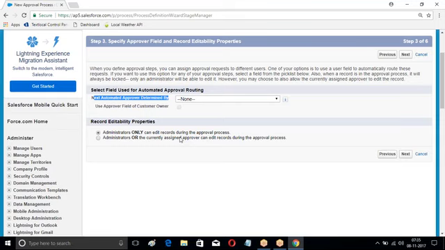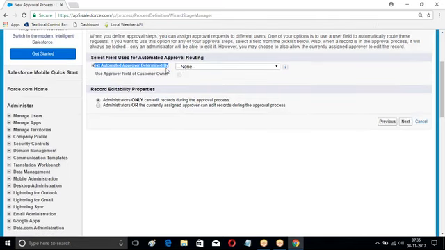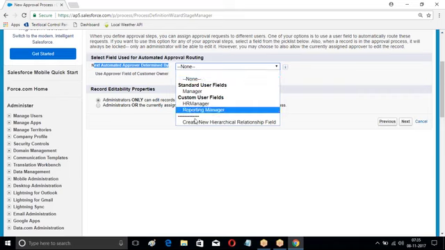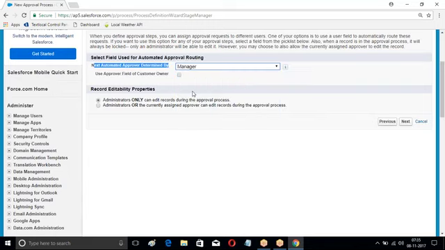The point is, who is this manager? It is a hierarchical field. For me, my manager is Satish. Satish is a user. Manager is a user. What is this called? Hierarchical relation. Satish is a user. HR manager is also a user. User to user. What is that? Hierarchical field. Boss, your next automated approval will be any one of the hierarchical fields. Choose any one of the hierarchical fields defined on the user. Okay, a user to user relation is called hierarchical. Satish, HR manager. Satish, manager. Satish, reporting manager. So whomever I select as my manager, to that person the record